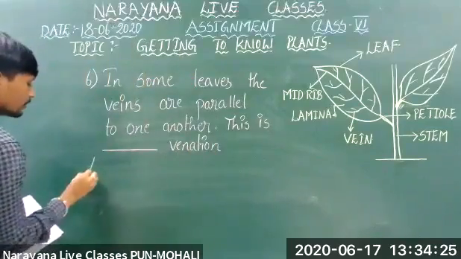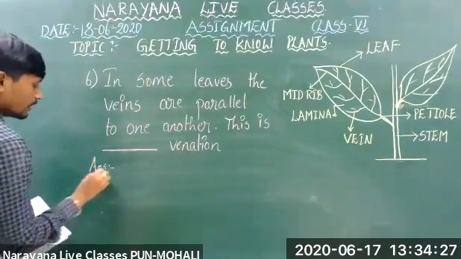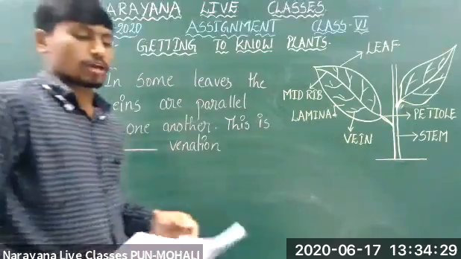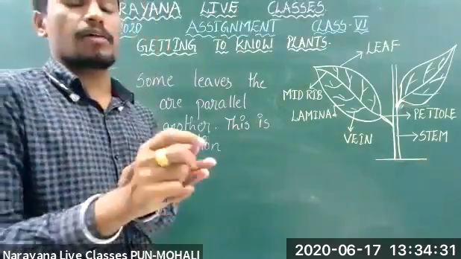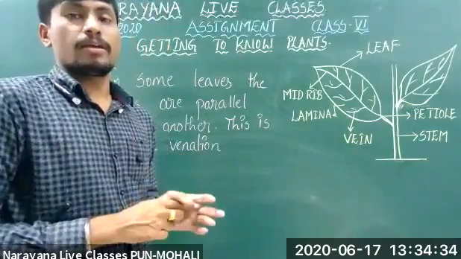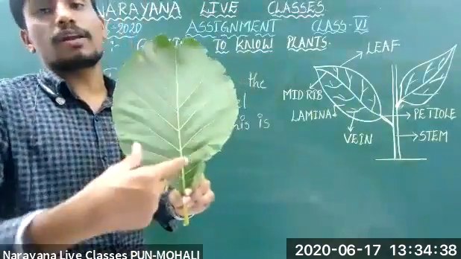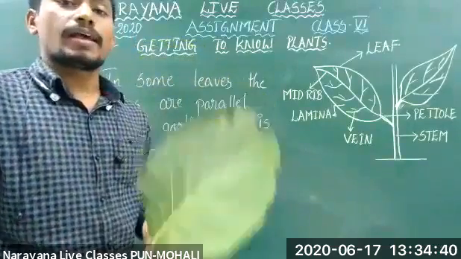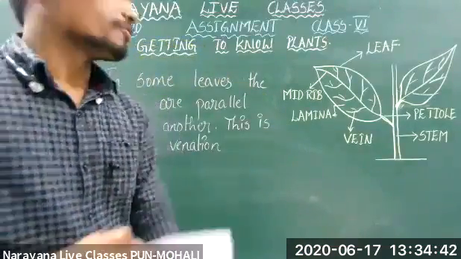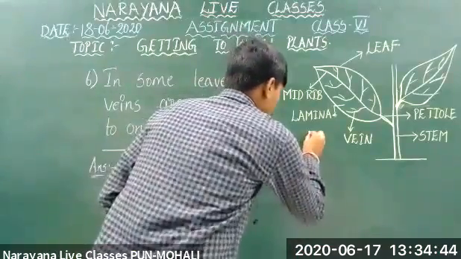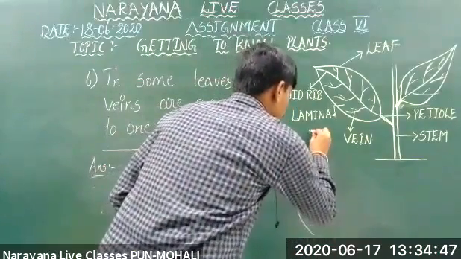So here basically we have divided. Basically we have two types of venation, which we are discussing in this assignment. One is reticulate venation, where the veins are in a network form. And the second type of venation, where if you see the leaf,